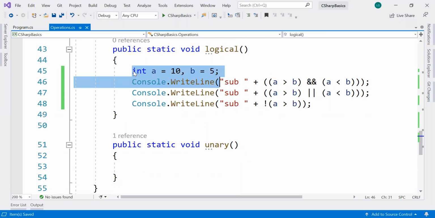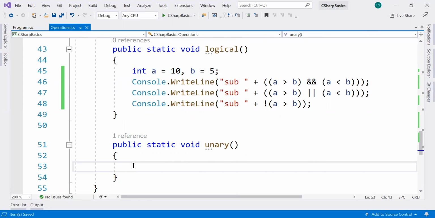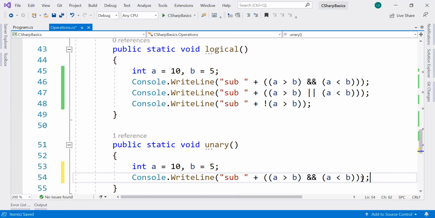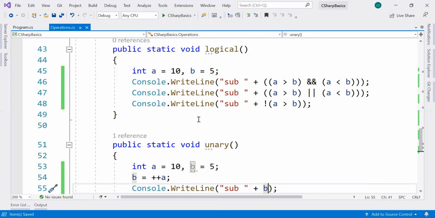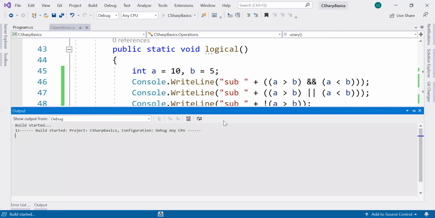See the same values, and I'm going to take it, and I need to add a equal to, b equal to plus a, then I'm going to print the b value. Okay, it should increment one value.